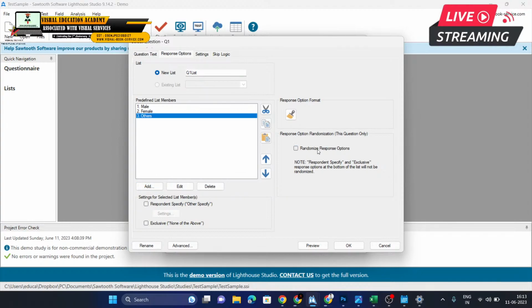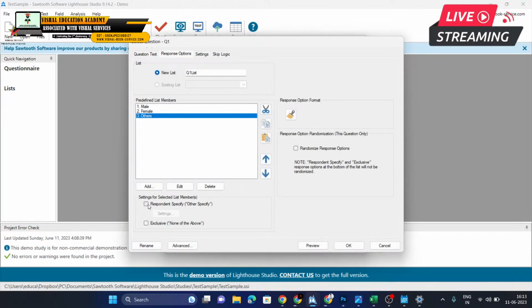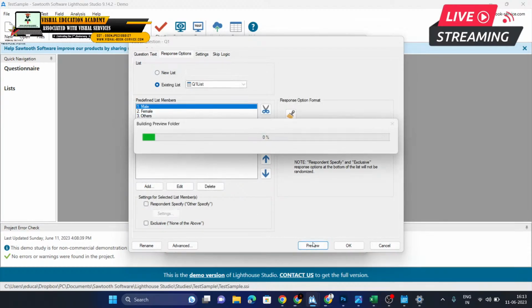If you don't want to, then don't use it. If you want to keep an option anchored, like it should come at the last only, you can use exclusive. Or just use other specify. If you want a user to mention a name here, you can use the other specify option here. If you choose this,